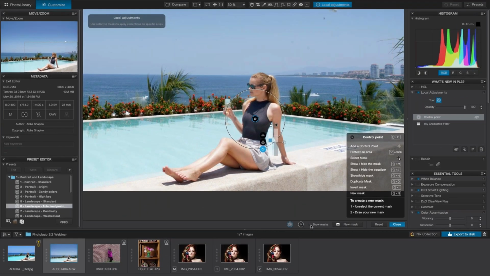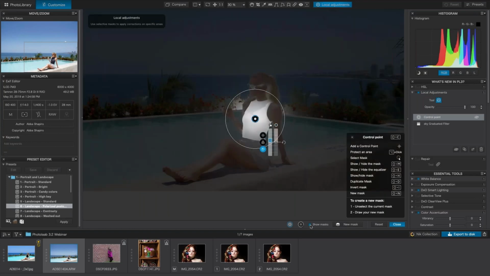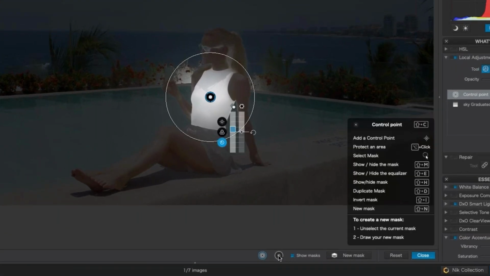is I'm going to go down to the bottom here on my interface. There's a little button that says Show Masks. And when I click on that, it shows me in white exactly what's being affected. And if it's black, it's not being affected, whatever's inside this circle. And if it's gray, it might be affected a little bit. And what I can do is I can actually go over here and protect an area. If I click on that, and inside here, I can say, oh yeah, ignore this area right here, or make sure,